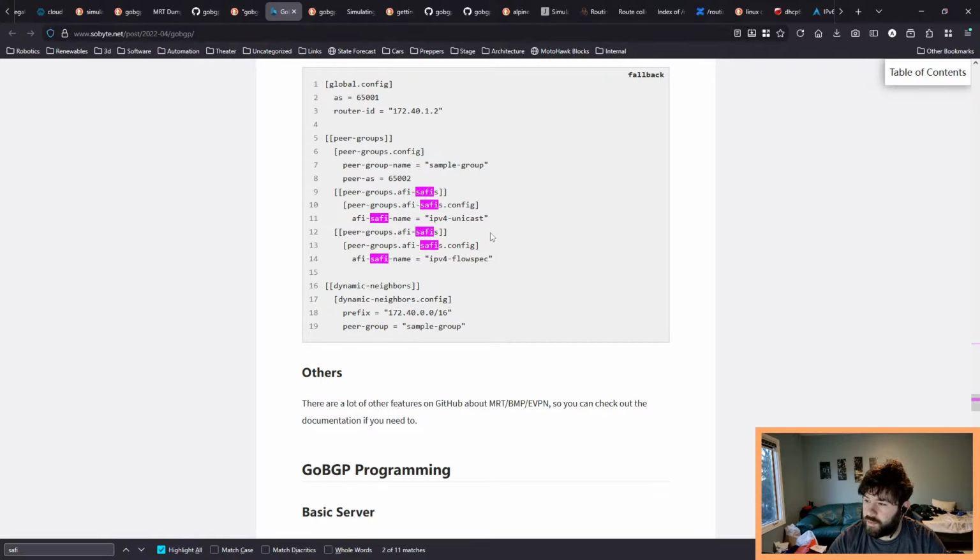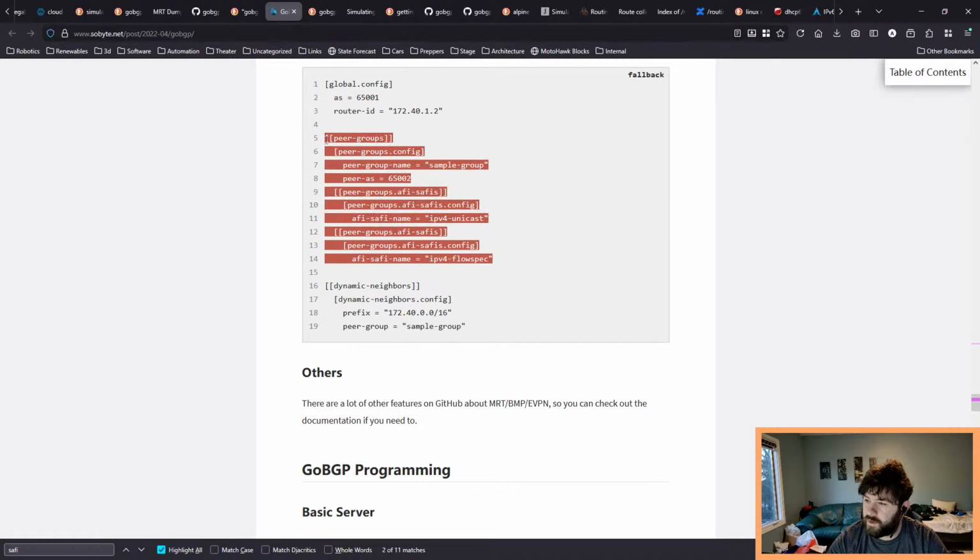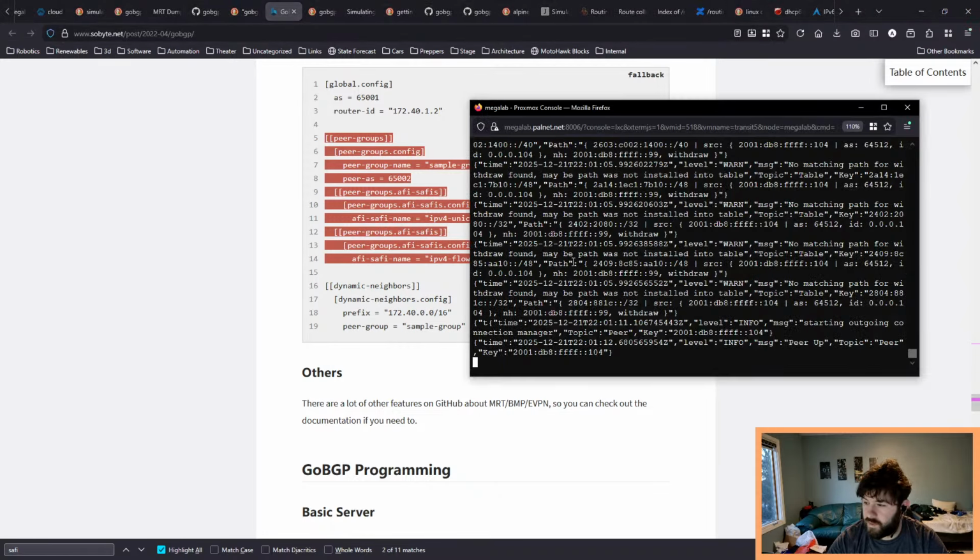Selected it with a peer group. Unicast IPv4 flow spec. So I guess we will